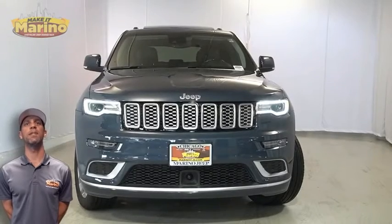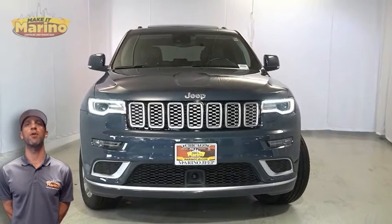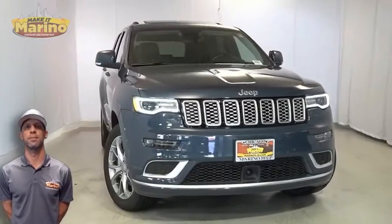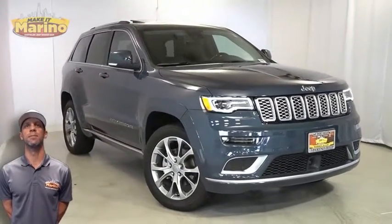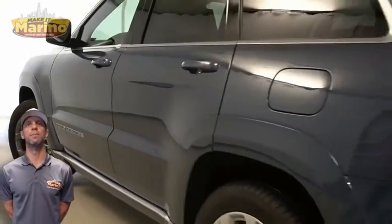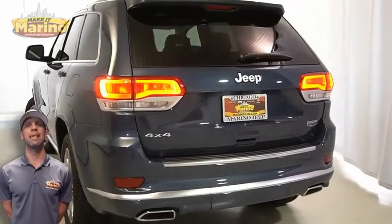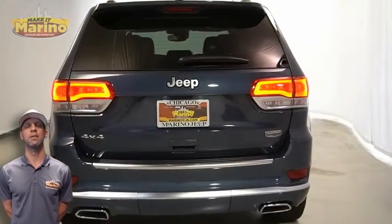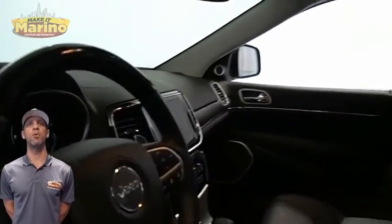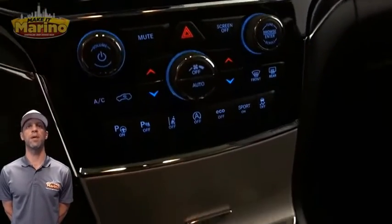Looking for a highly equipped SUV with all the right options and reliability? Well, take a look at the certified pre-owned 2020 Jeep Grand Cherokee Summit in Slate Blue Pearl. With HID headlamps, premium fog lamps, 20-inch aluminum wheels, power heated mirrors, platinum strip tail lamp, heated and ventilated front seats, a heated steering wheel, only 6,000 miles on the odometer, an 8.4-inch touchscreen display, navigation, a rear backup camera,